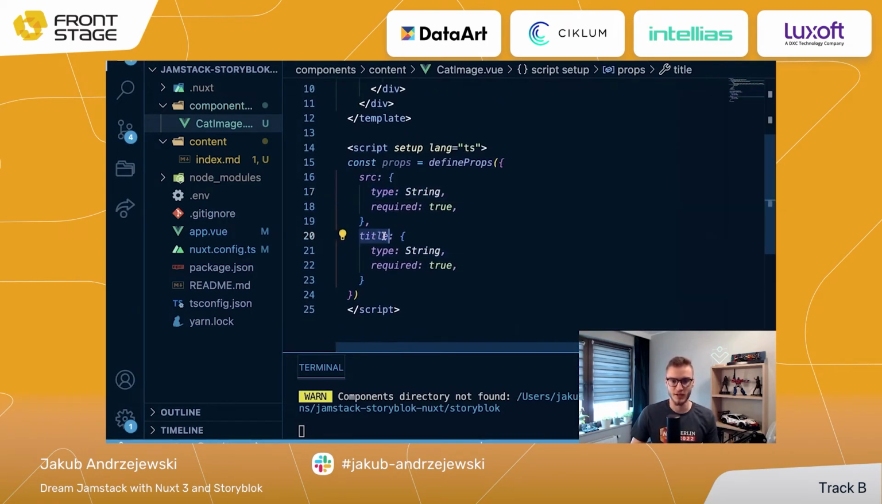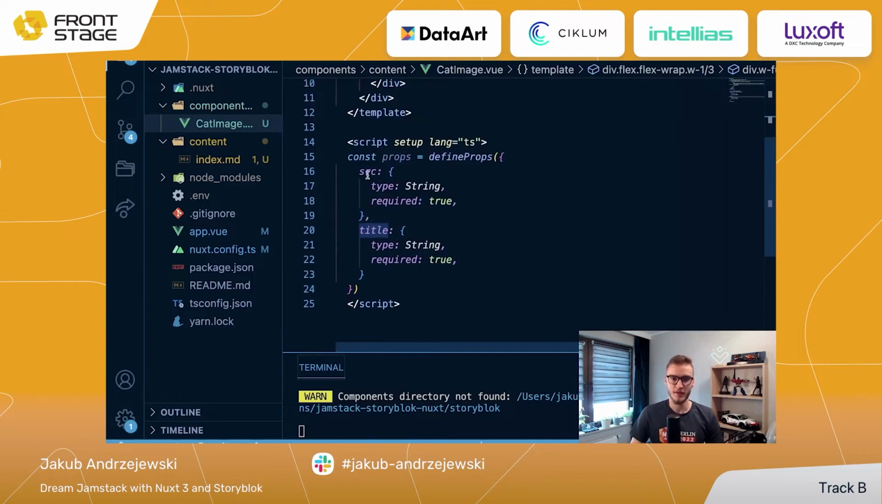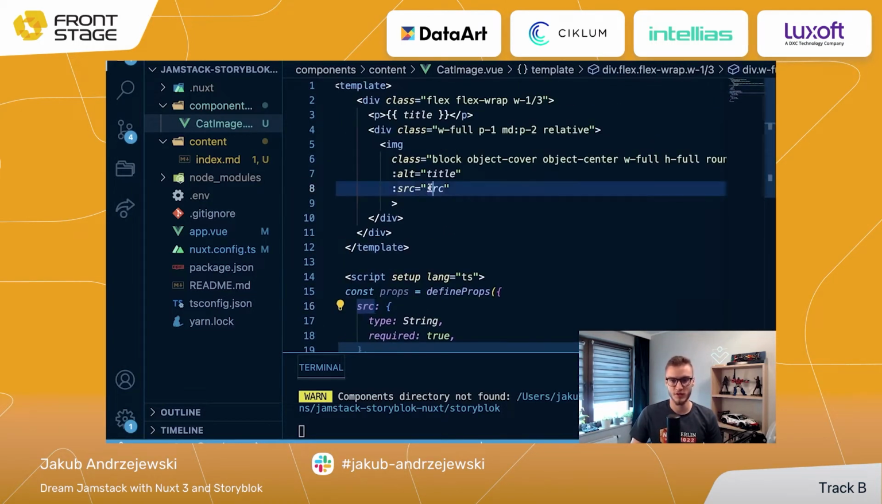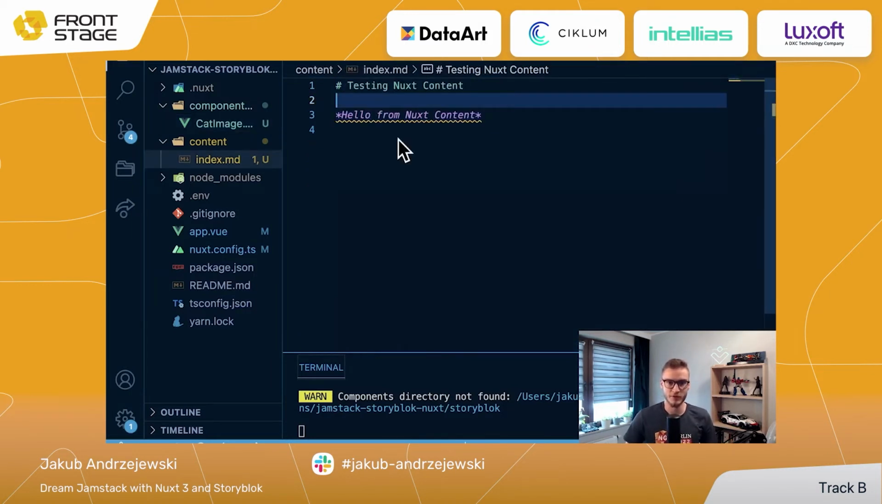So we will pass the title from the parent component that will be displayed both here and as the alt of the image, and the src, which will be the actual src of our image. So that's basically it. Let's use it right now in our MD file, because right here we only have classic markdown content. But because we are using the Nuxt content, this module developed for Nuxt, we can also import